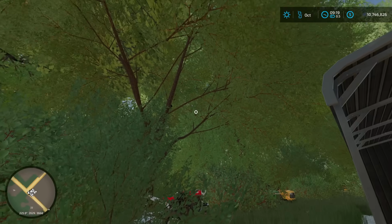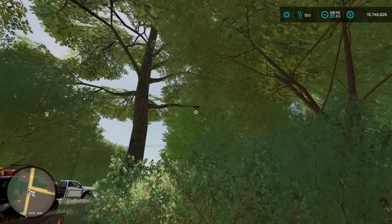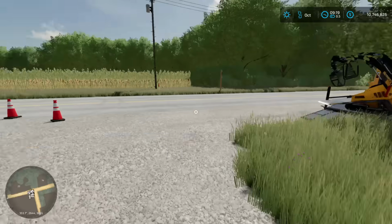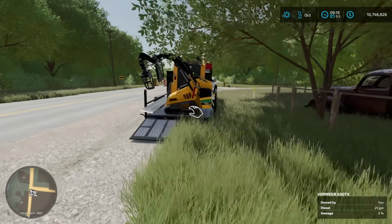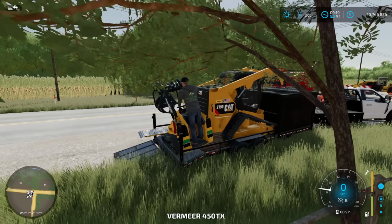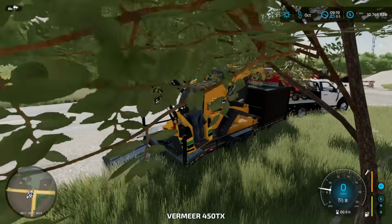Like if the tree were to collapse, die, and fall, with the amount of roots that are already around here, the soil's not going to be strong enough, so we are probably going to cut down a lot more trees than I think we are. But we're going to start off by unloading all the trailers here, getting everything off, and we'll